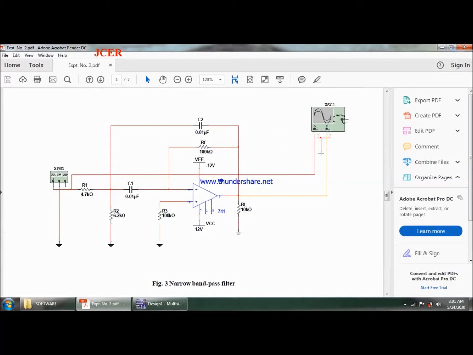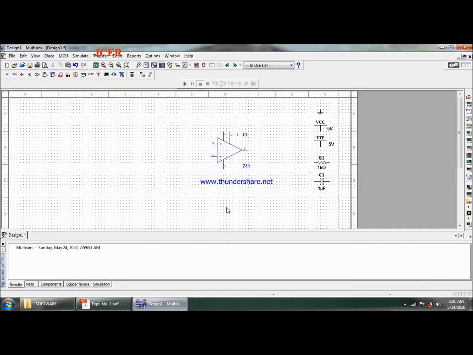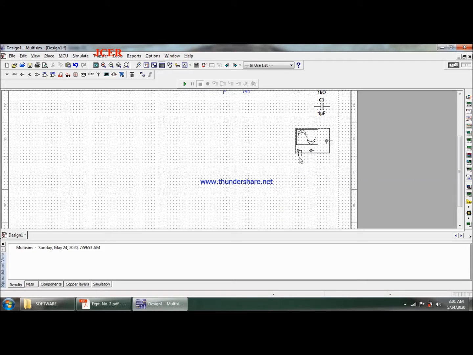I do still require my function generator and my oscilloscope. So this is my oscilloscope, and this is a function generator.